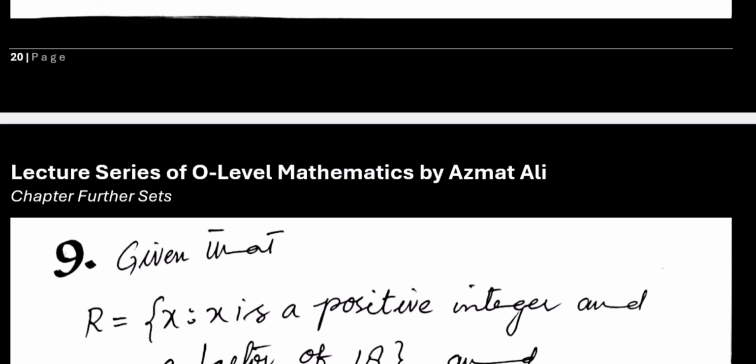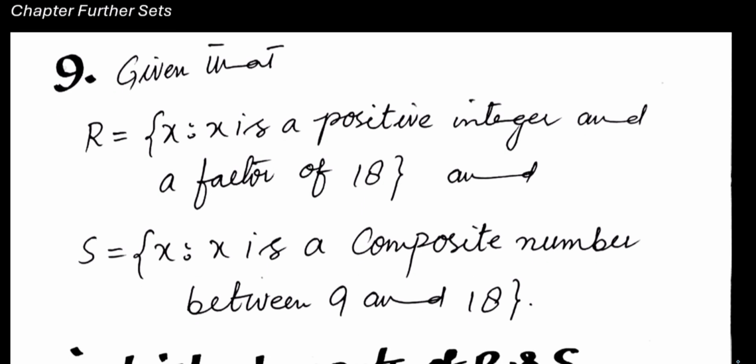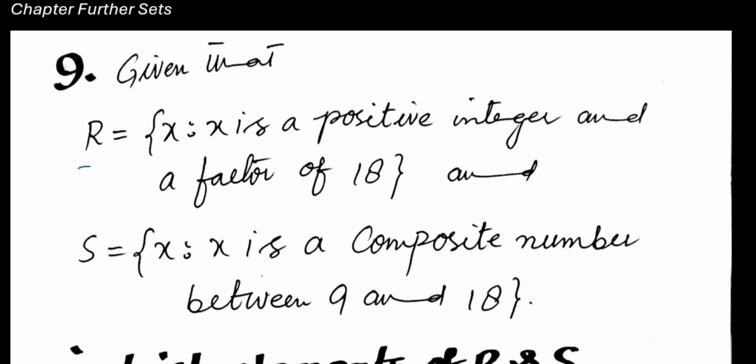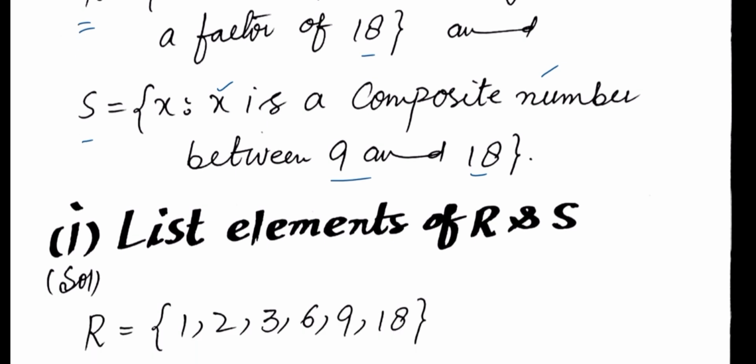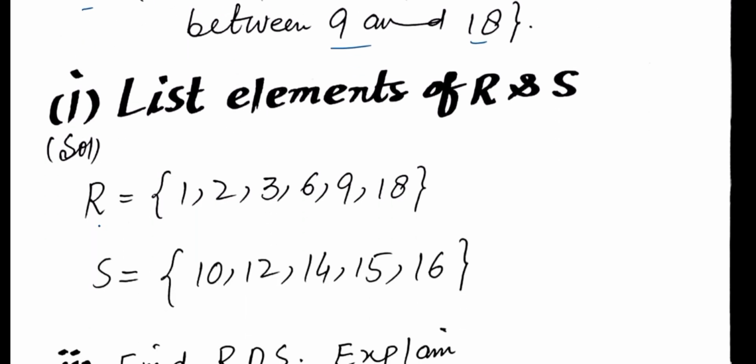Question number 9. R is the set of x where x is a positive integer and a factor of 18, and S is a set of all elements that are composite numbers between 9 and 18. So firstly we write the elements of both sets R and S. Set R, factors of 18 are